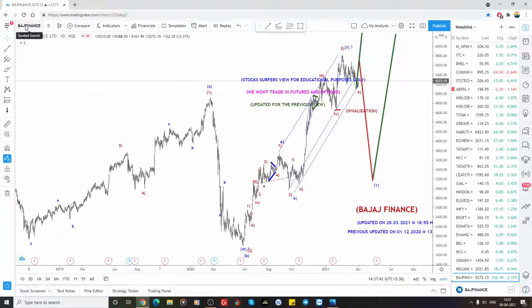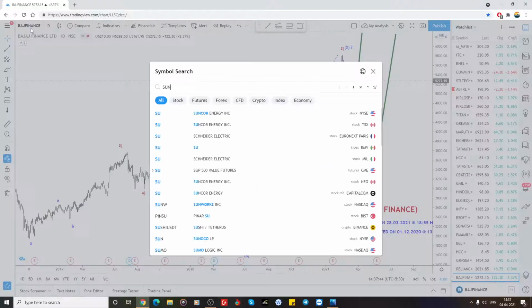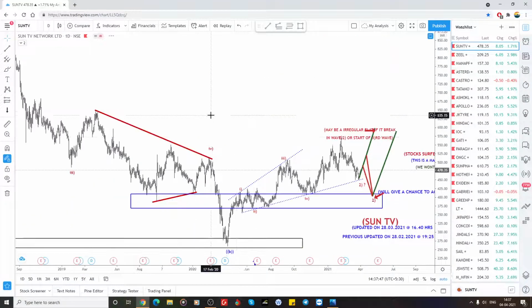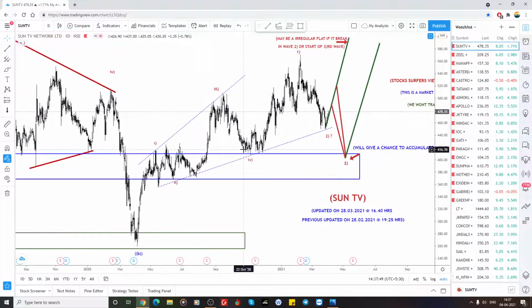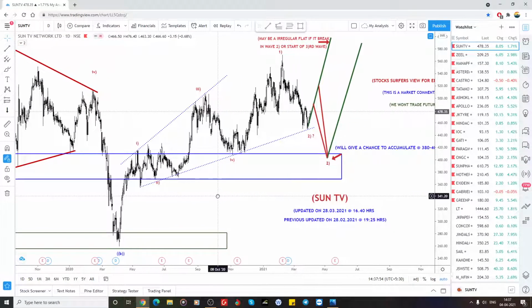So next is the Sun TV. So Sun TV also, I changed that wave count. I think you can go for the previous analysis of weekly updates. The weekly structure is 1, 2, 3, 4 and 5 completed. So this is the 5 swings, or it could be a leading diagonal also. After that, whether that second wave has completed from here, or it could make one more low. In the two different possibilities here I have explained.